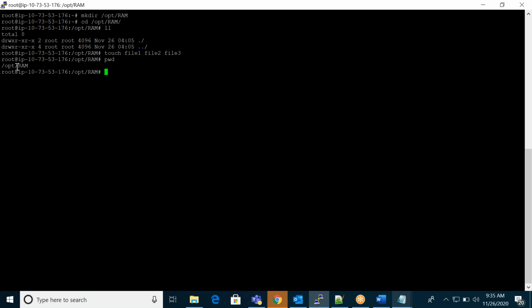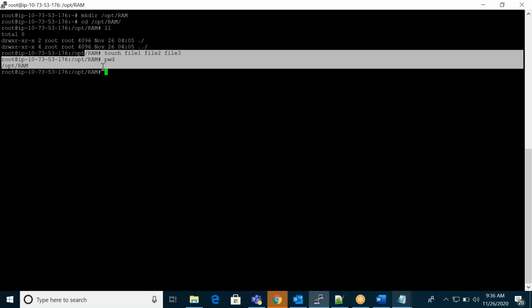Right. I can attach this. Just assume that this is some external volume, maybe some SAN storage. Some storage, right? This external volume you can also attach to your container. In this volume I have some data: file 1, file 2, file 3. If I attach this volume to my container, there I can see the same data.